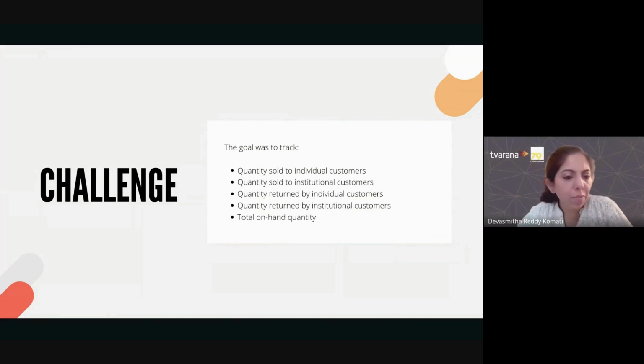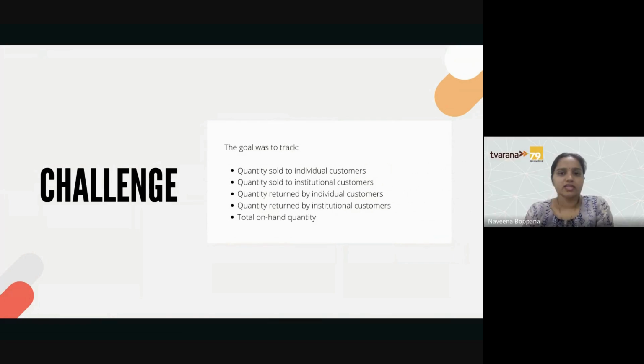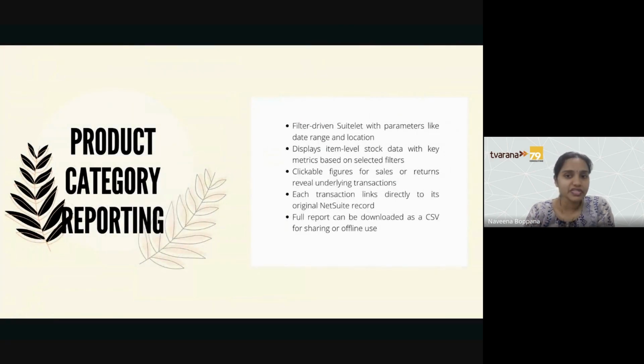Wow, that's a pretty specific breakdown. So I'm guessing the team needed a quick way to slice their data both by customer type and product line. Right. So to meet that need, we built a filter-driven Suitelet where users can select parameters like